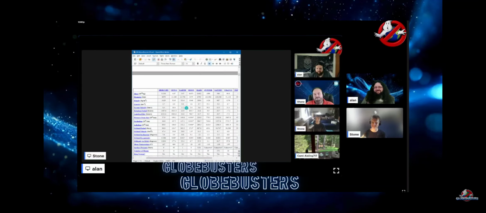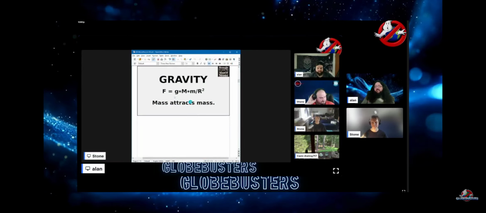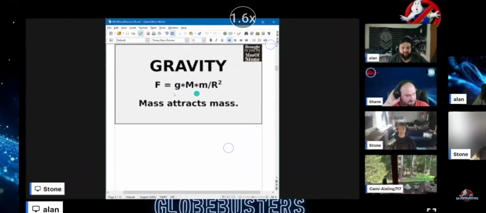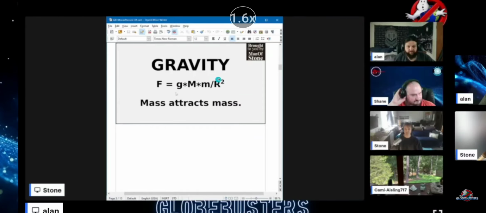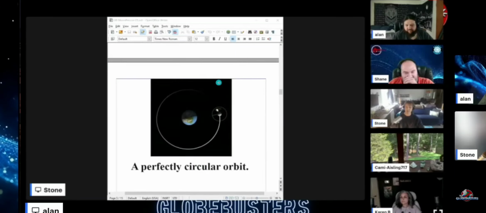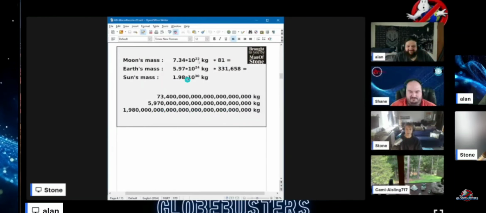Somewhat, yes. All right, so now that we got all our mainstream numbers, we got our gravity formula. Force is equal to gravity potential times mass times another mass over the distance between them squared. So mass attracting mass is what, so they would look at this as like this is the center of the sun to the center of the earth in terms of radius value. It's really the distance to the radius between them, but same thing. Anyway, then their potential falls off at R squared. So we got our conceptual circular orbit here, and we're gonna start applying figures here.